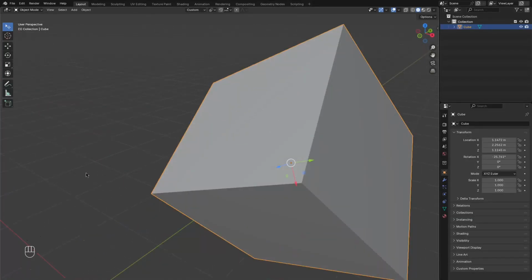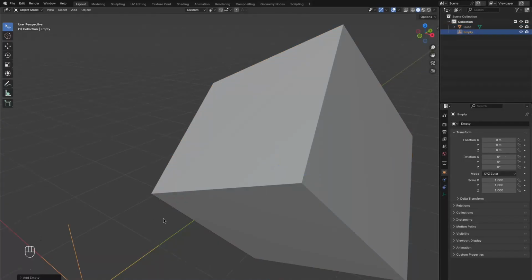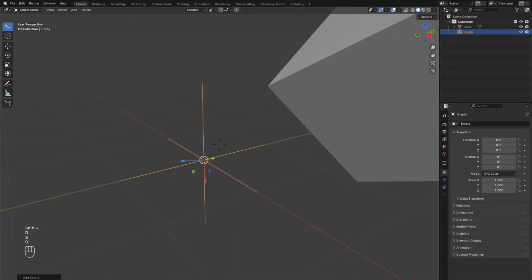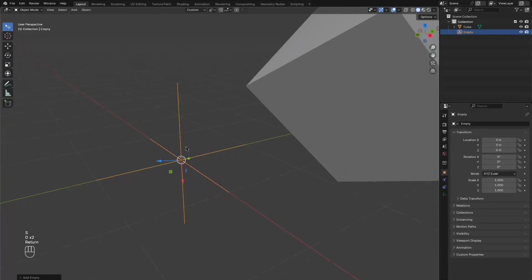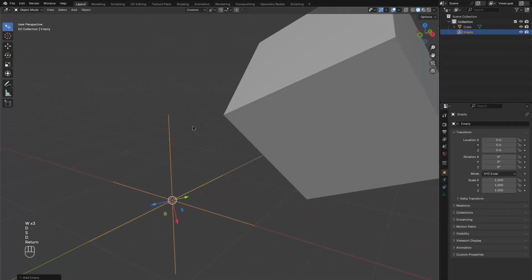And if we now create a new object, say something like an empty, then you can see, despite being originally aligned to global axes, I still got these gizmos that point in the directions that the custom edge used to be at. If we go back to global, it points into global directions. Local, well, it's the same because it hasn't been rotated, but custom is now referencing this edge, which is beneficial